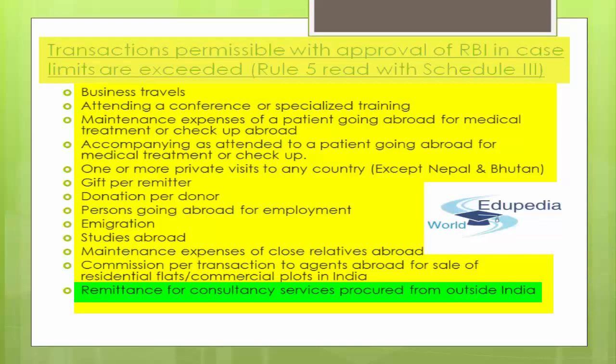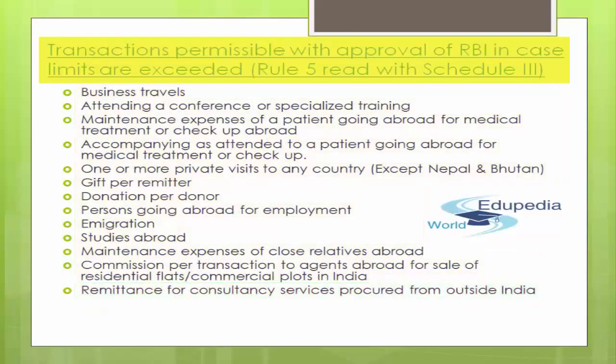So studies abroad, this question was asked in the CA final examination for November 2008. I still remember that. The present limit is the higher of the estimate provided by the institution situated abroad, or 1 lakh US dollar per academic year. You can have the higher of the two amounts, whichever is higher in that particular case. Then maintenance expenses of close relatives abroad, commission per transaction to agents abroad for sale of residential flats and commercial plots in India,